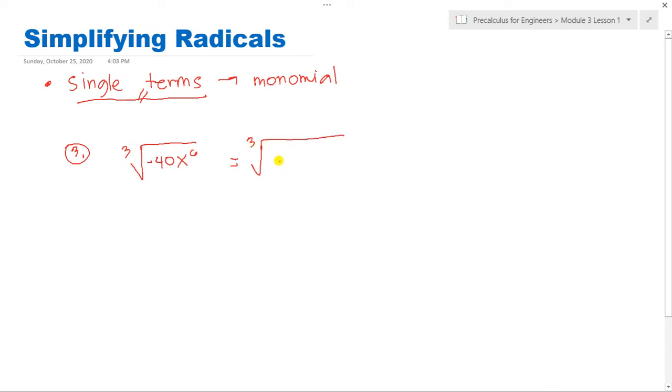Cube root of 40. Ano bang factor ng 40? We all know that 40 is equal to 4 times 10. But our 4, we can simply write this as 2 times 2. So, here, our 40, dito lang tayo. So, we have here 2 times 2. How about our 10? Kasi diba, 4 times 10, 40. Our 10 can be a factor of 2 times 5. So here, meron tayo dito. Then,